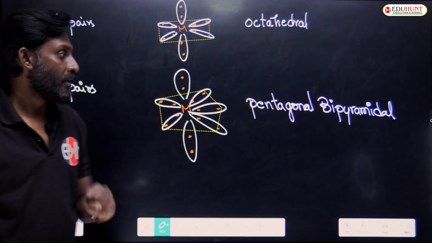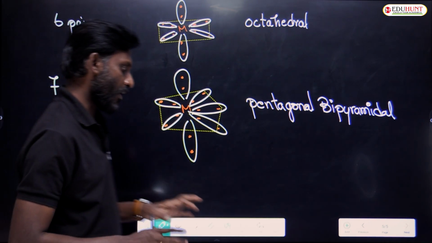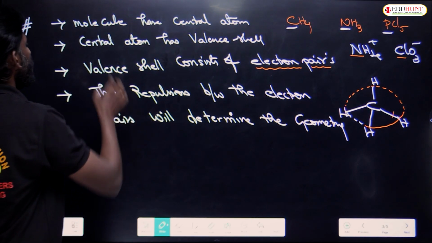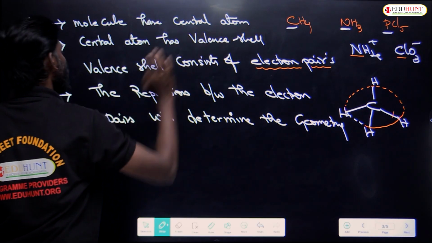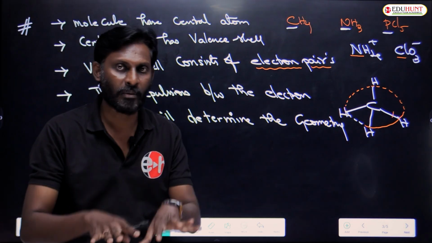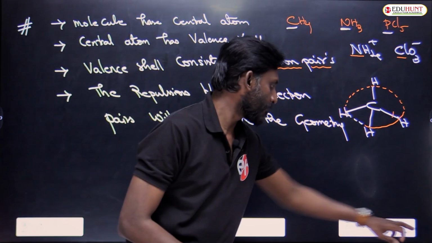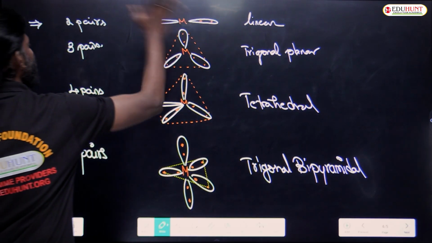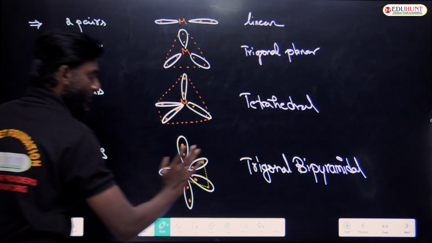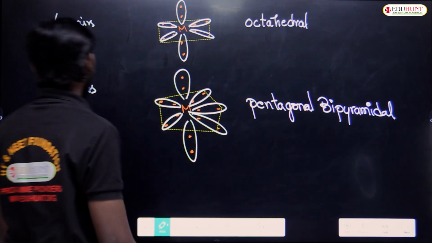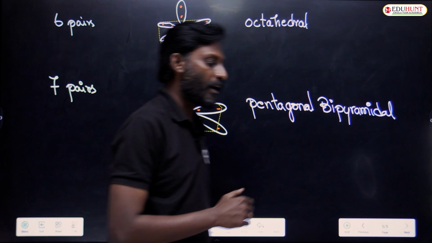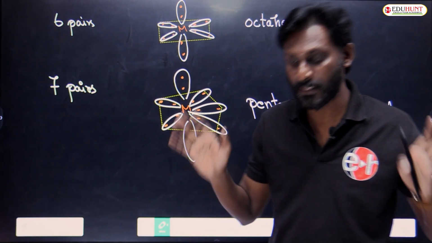Okay, yes. But the point is, a central atom has a valence shell consisting of electron pairs, and the electron pair repulsion will decide the geometry. How? When there are 2 pairs, to have minimum repulsions, it will be linear. 3 pairs, trigonal planar. 4 pairs, tetrahedral. 5 pairs, trigonal bipyramidal. 6 pairs, octahedral. 7 pairs, pentagonal bipyramidal. Okay, it's fine. It's very good. But the point is,